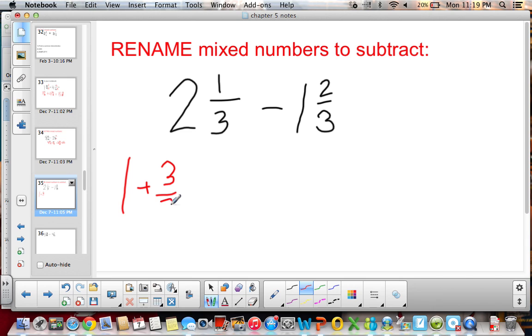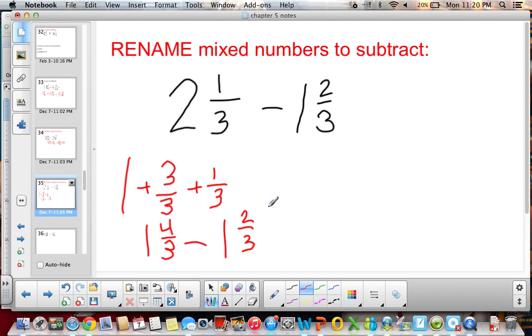Because 1 plus 3/3 is 1 plus 1, which equals 2. And then we still have our 1/3. So this is kind of a side addition problem to rename this. So 1 plus 3/3 is 2 and 1/3. But we want to leave our 1 alone, and we're going to actually add 3/3 plus 1/3, and we get 4/3. So we're going to rewrite it as 1 and 4/3 minus 1 and 2/3,